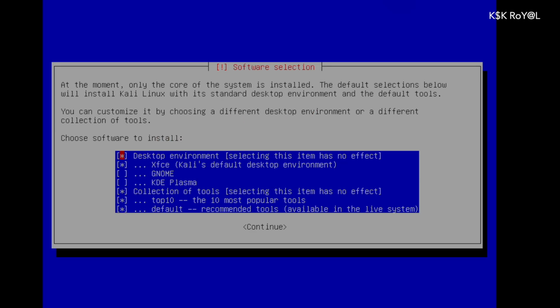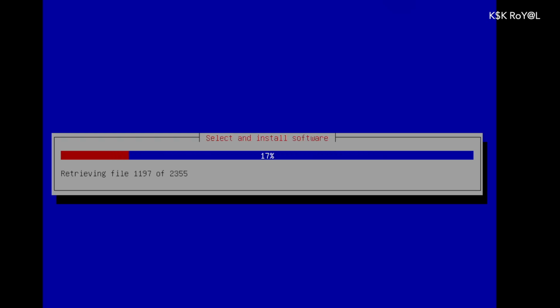And lastly, you need to choose the desktop environment. Just go ahead, scroll through the arrow keys, then choose the desktop environment you fancy. Just select the option and press the spacebar to tick or untick the desktop you need. Then press the tab key to select continue and press the return key. Now this will finish up installing Kali Linux. Wait for some time, sit back and relax.